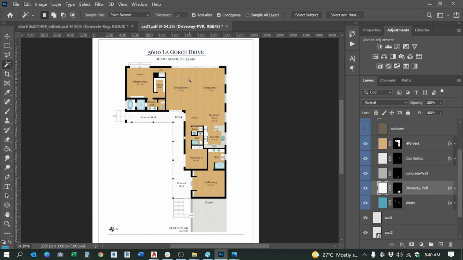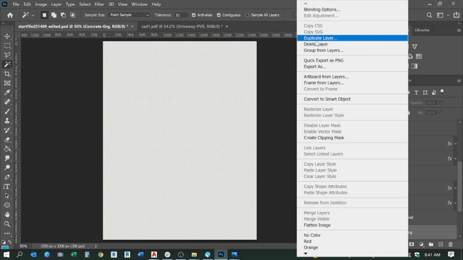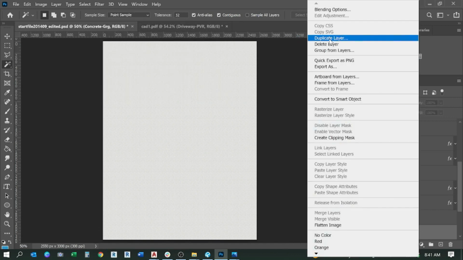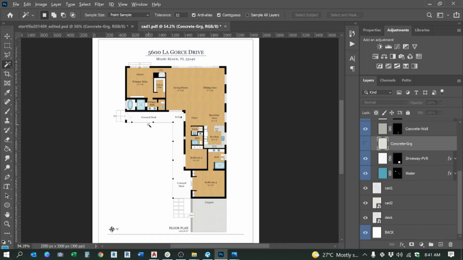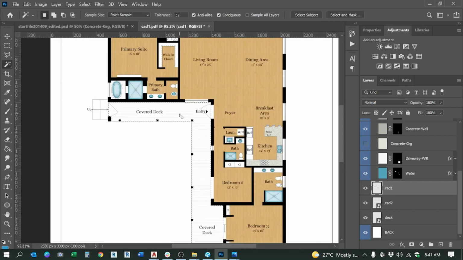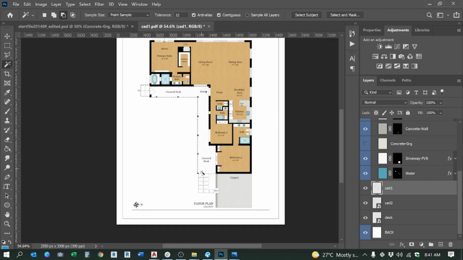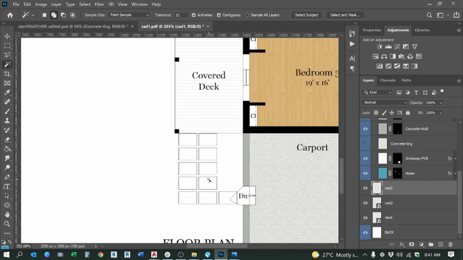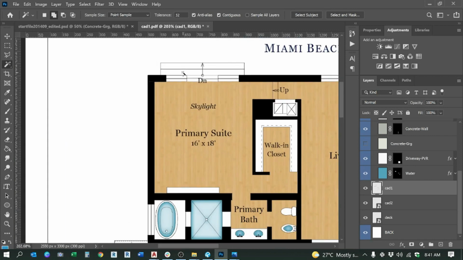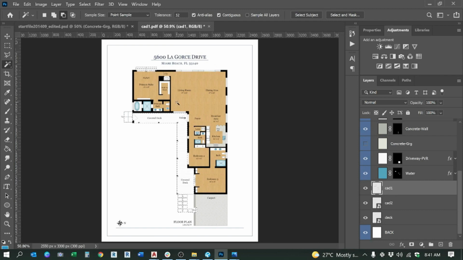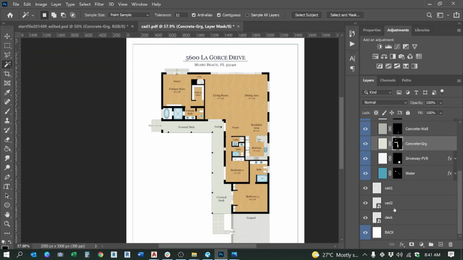Punta ka sa layer nito. And then duplicate layer. Select CAD 1 and then okay. So select CAD 1. Select this deck layer. And then also these ones. And also this one. And then also this one, these steps here. So go to concrete garage and then add layer mask. Okay. So once you're done,